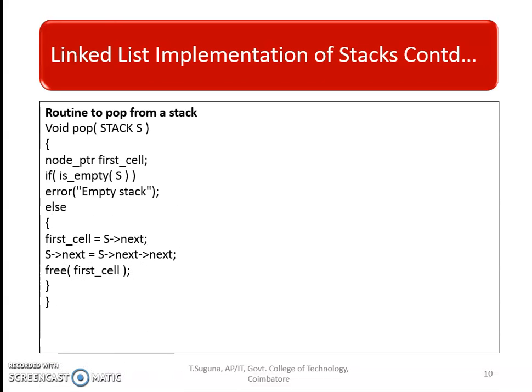The last operation is the pop operation from a stack. First we have to check whether the stack is empty. If it is empty, we do not do any operation. If it is not empty, then create a temporary variable to hold the deleted element, then make a pointer move to the previous element of our top of the stack. So we are going to move the S next as X next to next, then free the cell held by the deleted value.